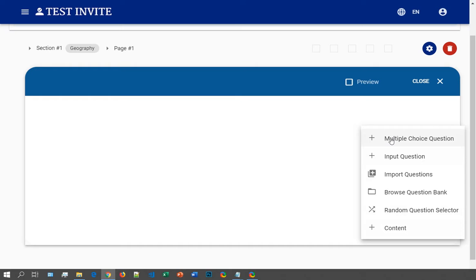I can create a multiple choice question, an input question. I can import multiple questions at once, or I can browse my question bank and select the questions that I want to add into this page, or I can add a random question selector, which I will explain in the upcoming section, and I can simply create content. Okay, so let's start with